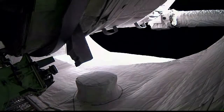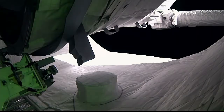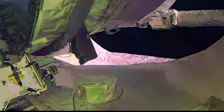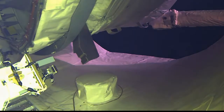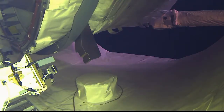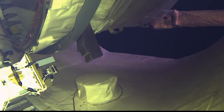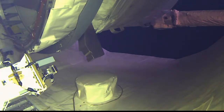Earlier this morning, the operation to extract BEAM from Dragon's trunk, where Dragon commonly carries unpressurized cargo, different payloads attached to the outside of the International Space Station, took place. This extraction began at right around 1:20 a.m. Central Time, 2:20 a.m. Eastern Time, with the Canadarm2 grappling onto the Bigelow Expandable Activity Module and beginning to